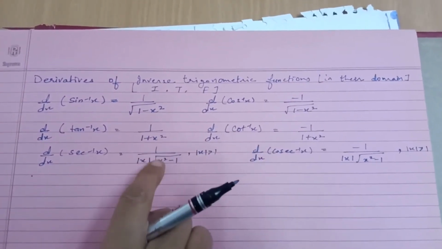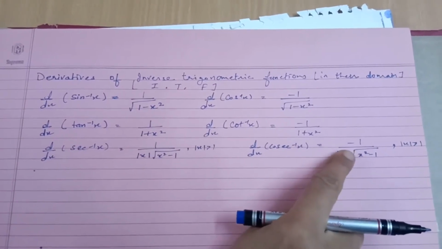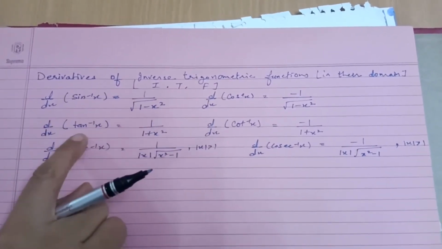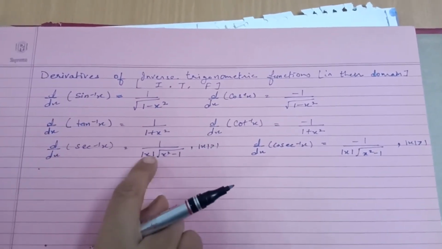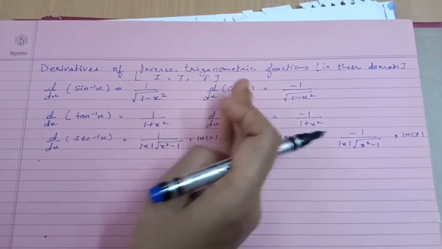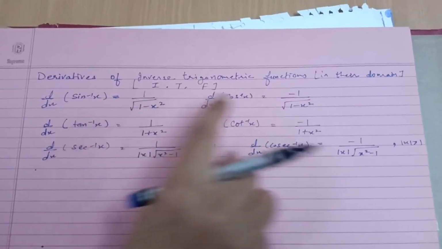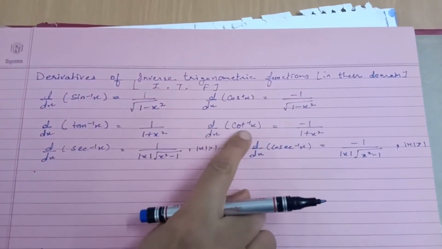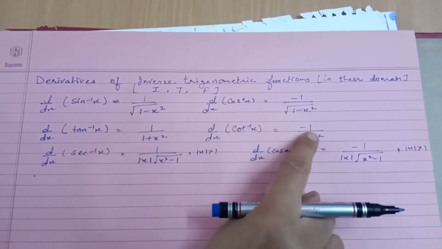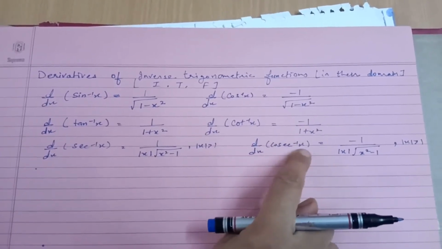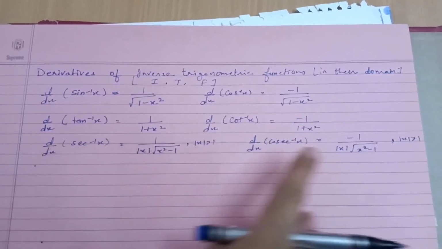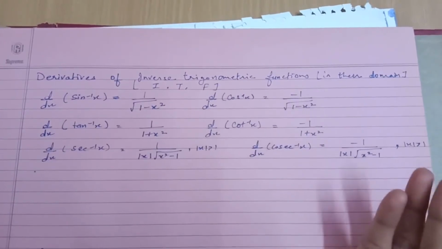Okay, so that is positive. So cosec inverse is negative. Means sine inverse x you are learning, tan inverse x you are learning, sec inverse x you are learning. The derivative of cos inverse is the negative of the derivative of sine inverse x, the derivative of cot inverse x is the negative of the derivative of tan inverse x, the derivative of cosec inverse x is the negative of the derivative of sec inverse x. So 3 you are learning, 3 you can easily learn.